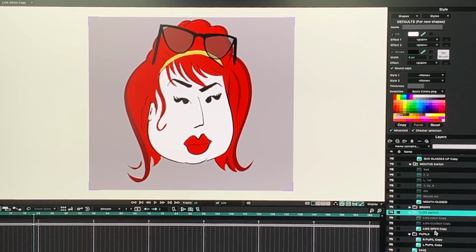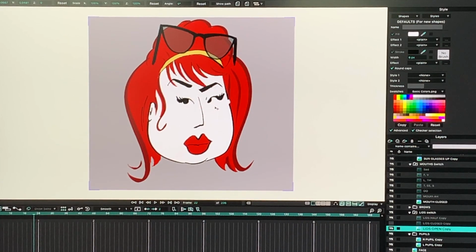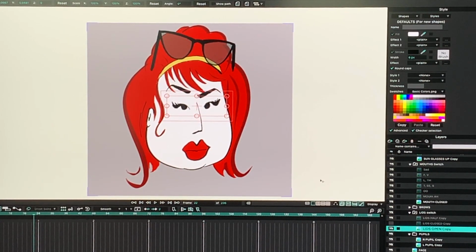Then the lids. Let's get rid of her pupils. First, here are her pupils. For certain things I have to ditch the pupils, but I can switch from lids open to lids closed to make her blink, to lids half open, and then back to lids open. And I would turn on the pupils because otherwise she looks a little bit like a zombie. Here are pupils. And I can move the pupils together as a group